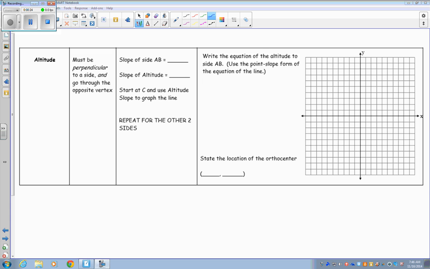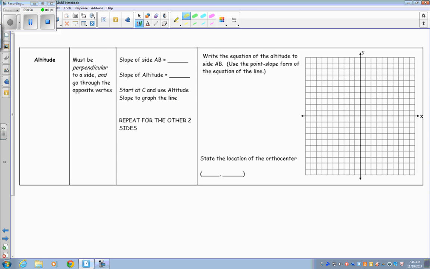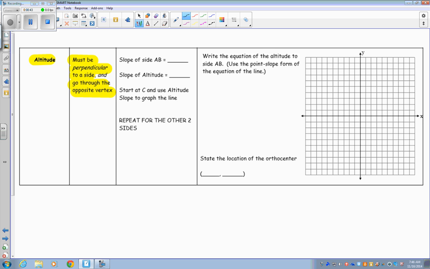Because we are working with an altitude, we've got to really make sure we understand what that segment is. It must be perpendicular to a side, and it has to go through the opposite vertex. So if I use that relationship to come up with my equation, because I'm talking about perpendicular, the first thing I'm going to have to do,